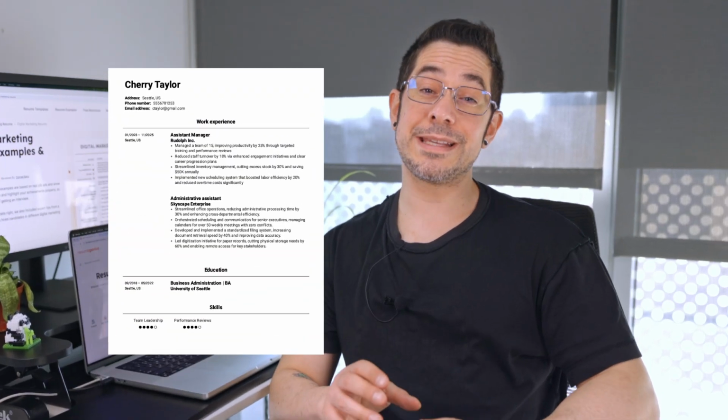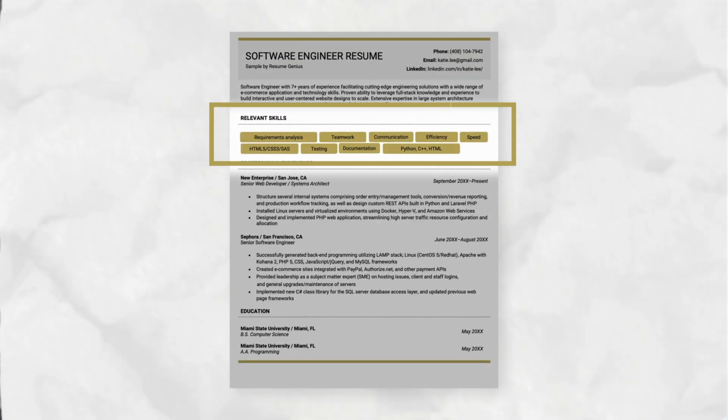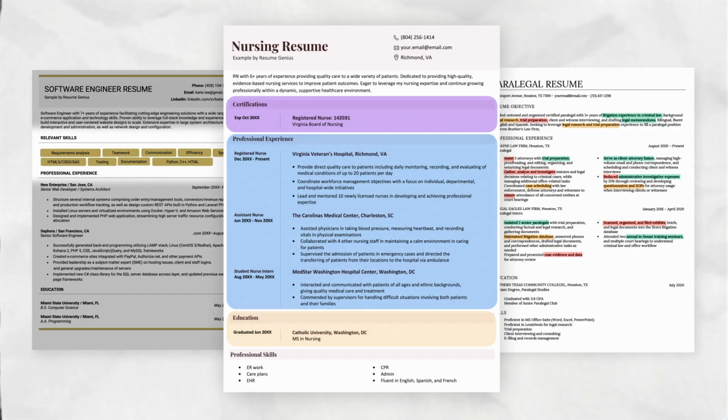If your resume keeps getting rejected, it's not necessarily because you're unqualified. Most of the time, it's because your resume doesn't match what the industry expects to see. Each industry has its own standards, from the skills you highlight to the language and even the layout. If you don't know what's right, just use a real resume example as a reference when you write your own